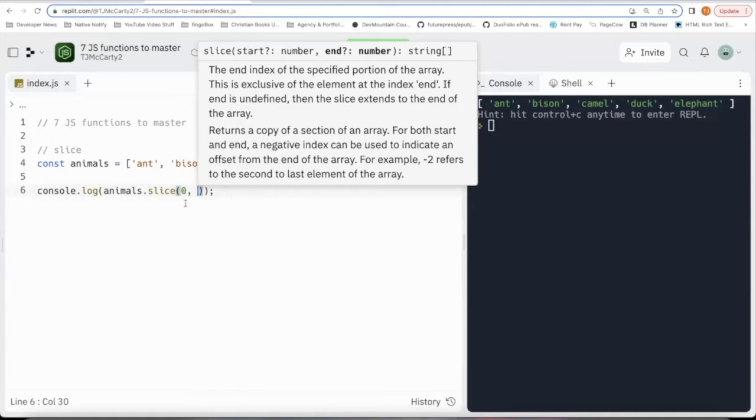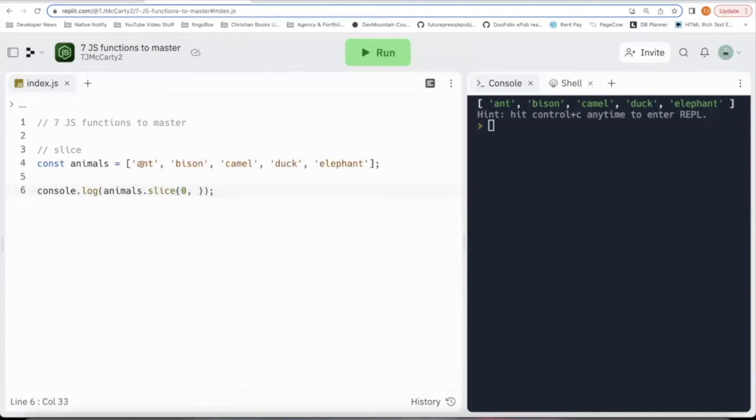Now, whatever the end index is, it will not include that. So say I said 0, 1, 2. Let's click run to see what happens. So as you can see, it just returned ant and bison. It did not return the end index. To do that, you need to go one more index up, say 3, and then it'll just return the first